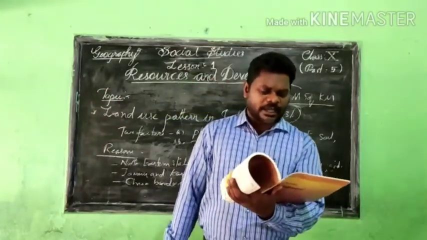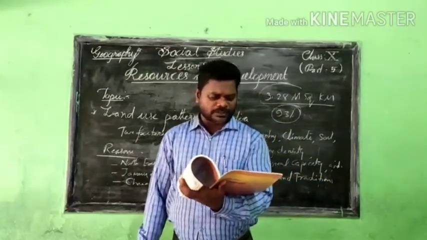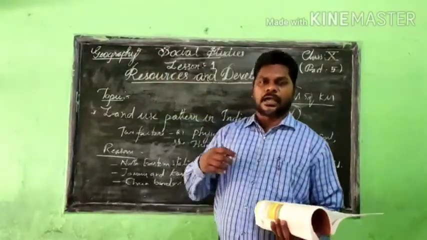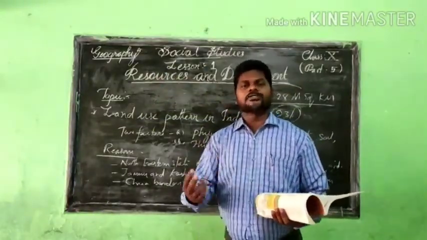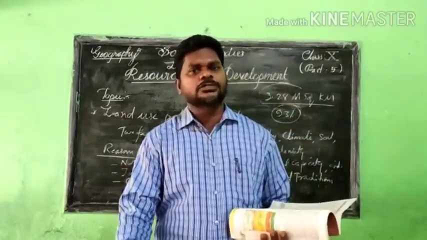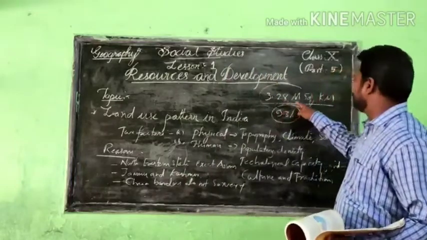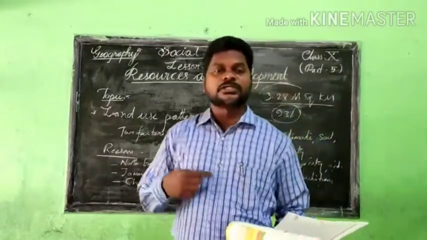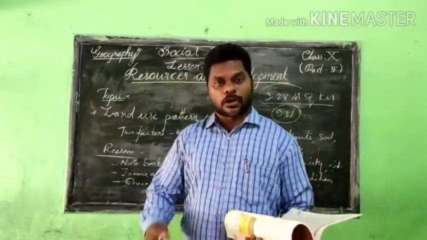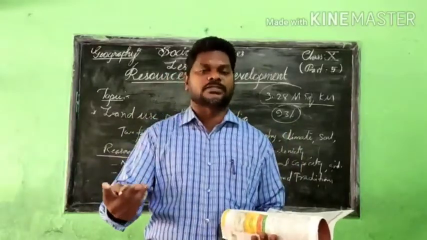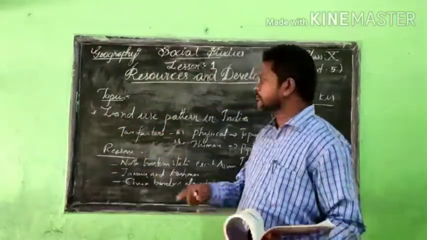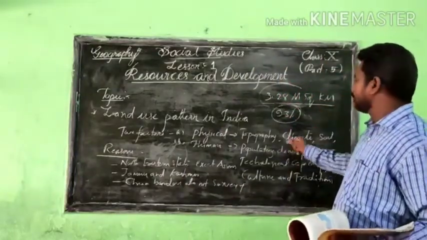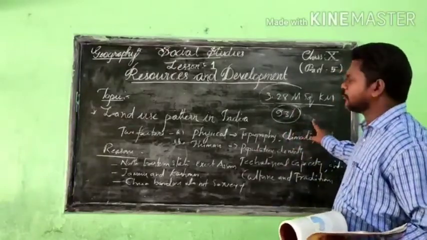And some lands are cultivated only once or twice in 2 or 3 years, but they are included in the net zone area. You know that maybe in 3 agriculture years or 4 agriculture years, only once or twice they are doing the agriculture, but this area is also included in the net total of 3.28 million square kilometers. But actually, we are only doing agriculture on 93% of the land.